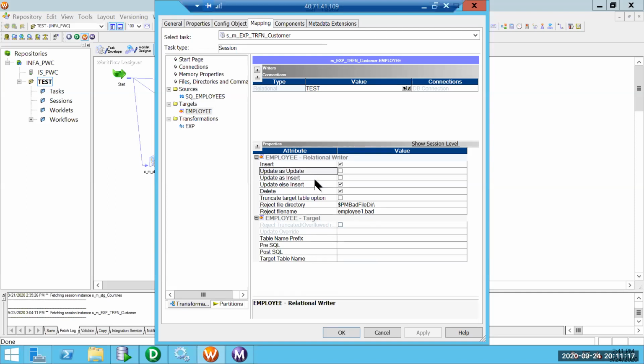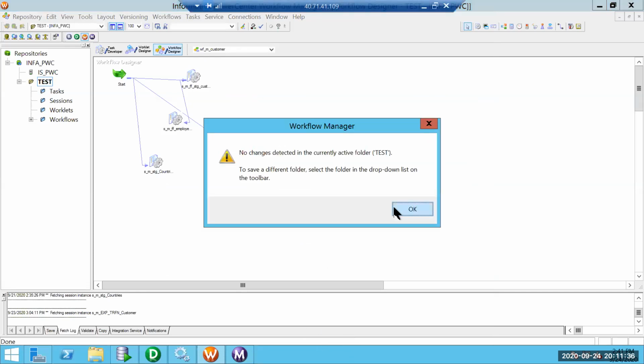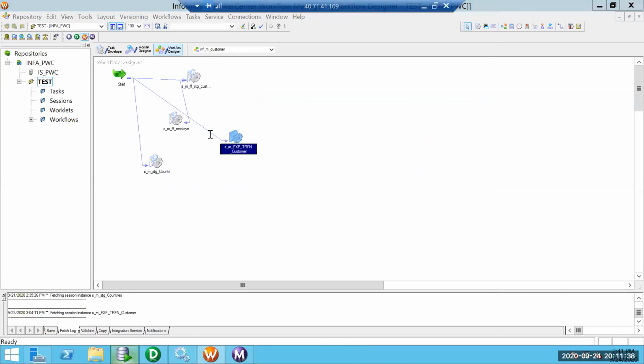Informatica will decide based on this configuration. Is it update as update? No. Is it update as insert? No. It is update else insert. What is update else insert? The first thing it will try to do is update the data. What if the data is not present? Obviously it has to insert it. So that is what is going to happen.